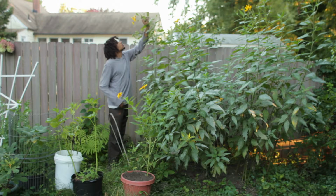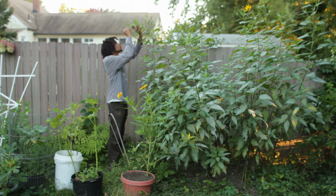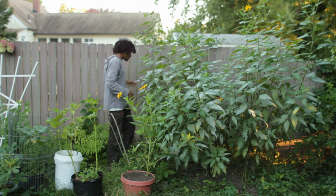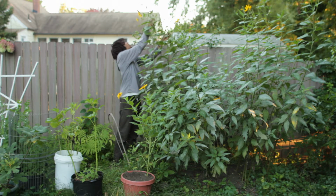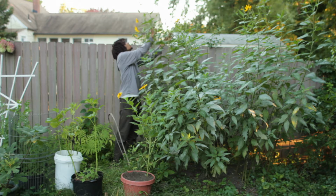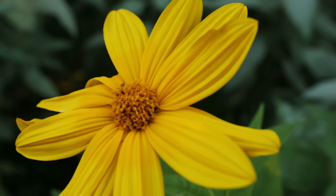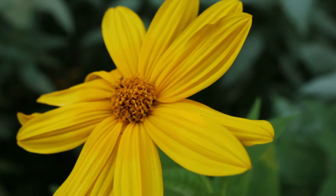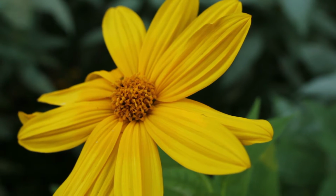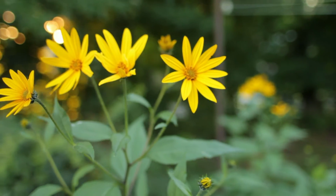So my Jerusalem artichokes are actually taller than me. They have to be at least 8 feet tall. And they're going to flower, and I am really looking forward to harvesting these Jerusalem artichokes because I've never grown Jerusalem artichokes. I have seen the plant before, came across the plant before, and I watched tons and tons of videos of people harvesting Jerusalem artichokes, and I'm like, wow, I need to